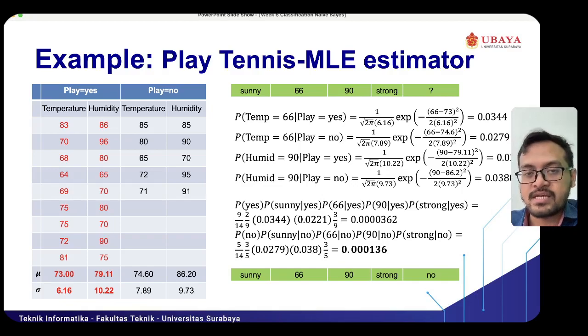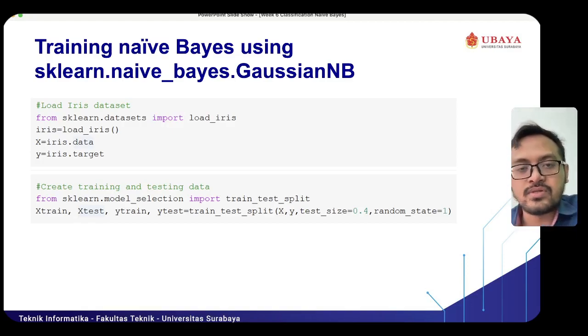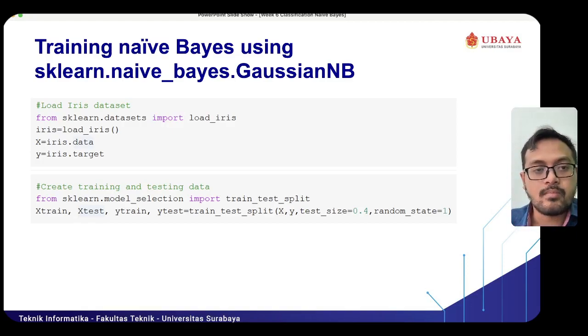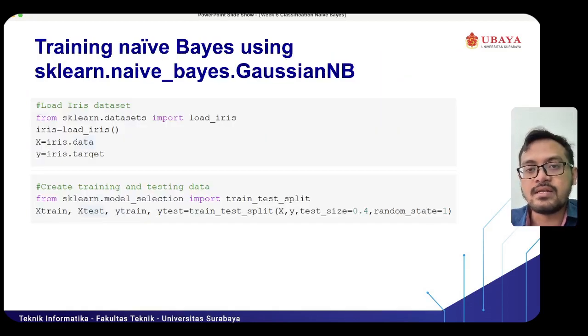By using the naive Bayes and also Gaussian naive Bayes, we can just go to the implementation by using Python and the scikit-learn library for implementing the Gaussian naive Bayes. In this example, we use the Gaussian naive Bayes. We don't use the naive Bayes, but Gaussian naive Bayes, because the dataset that we will predict contains continuous numbers for every feature. We use the same dataset as our previous class. We use the iris dataset, but in this case we use the Gaussian naive Bayes for classifying this dataset.